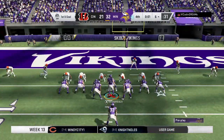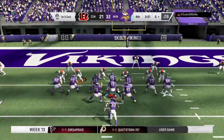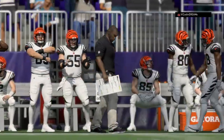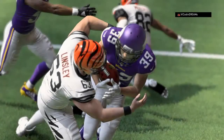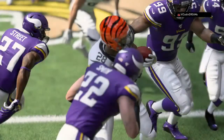Well, they probably don't need to run a play here, but you wonder if they're going to be able to resist on 1st and goal. They go down to a knee and a sigh of relief as they are into the win column for the first time this year. So the final seconds have ticked away in this Minnesota victory, and they were really helped by their defense, forcing 3 turnovers. I think what we saw in this one, today's defense. And what I mean by that is in the old days, pitching shutouts was big time. That was paramount. But the